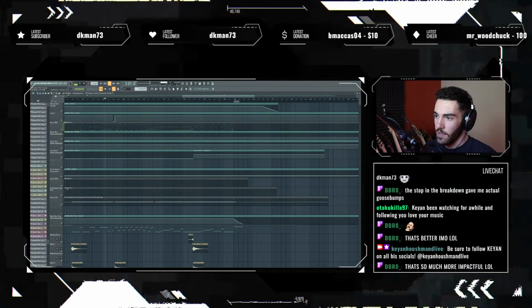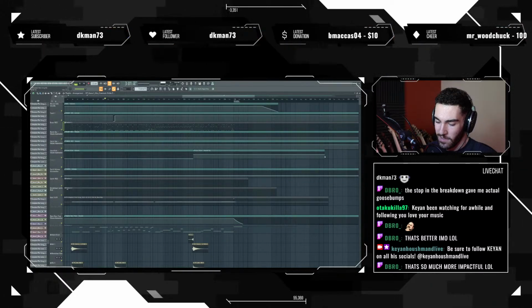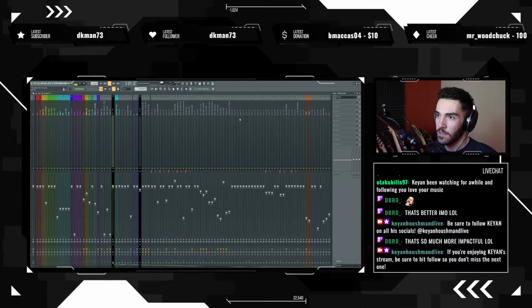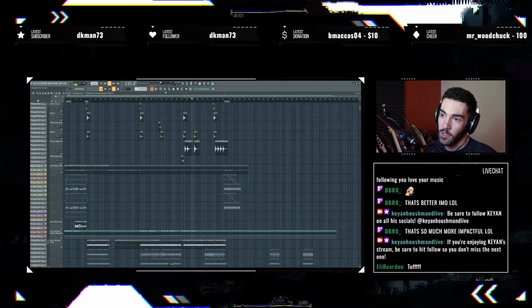So again, just to give you an idea of what it sounds like without some layers in there, if I was to turn this layer off here, was it the hectic layer? If I was to turn that off, this section would seem a lot emptier.